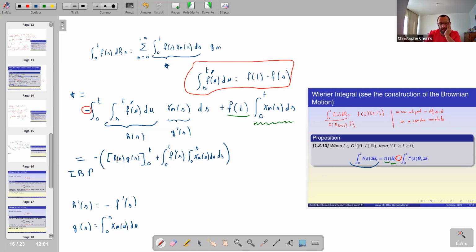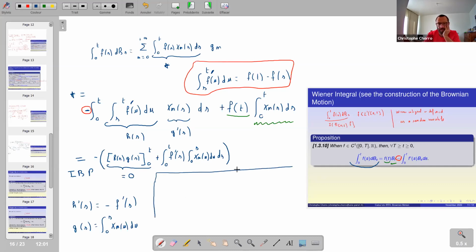What do I obtain for this term? At time t, h of t is equal to 0. So for small t, this term is 0. And at 0, what happens? At 0, it is j of 0 that is equal to 0. So you have a term that is equal to 0 here. And finally,